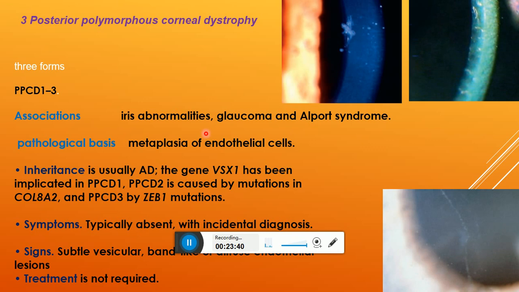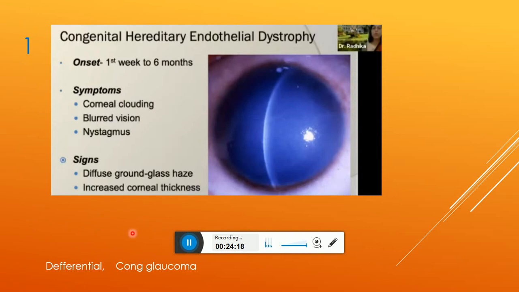The pathological basis involves metaplasia of the endothelial cells. Inheritance is autosomal dominant, gene VSX1 in PPCD1. PPCD2 gene is COL8A2. PPCD3 gene is ZEB1. Symptoms absent. There is incidental diagnosis. Signs: subtle vesicular, band-like, or diffuse endothelial lesions. Treatment is not required. The third type is congenital hereditary endothelial dystrophy, also known as CHED, a rare dystrophy